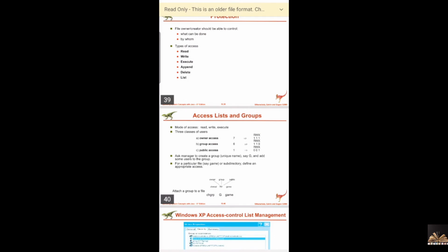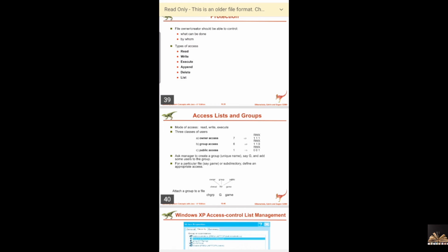Protection can be achieved by access control, right? So what are the modes of access? What kind of access you can give is read, write, execute, right? And you can divide the group of people into three categories. One is owner access, right? He will have read, write, execute permission. If I am giving group access, he will have only read, write.